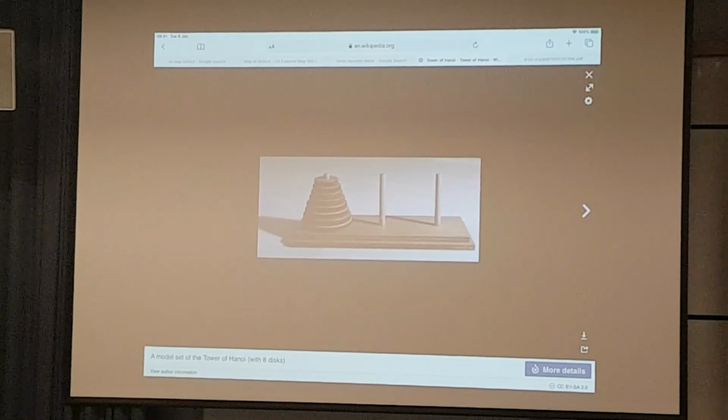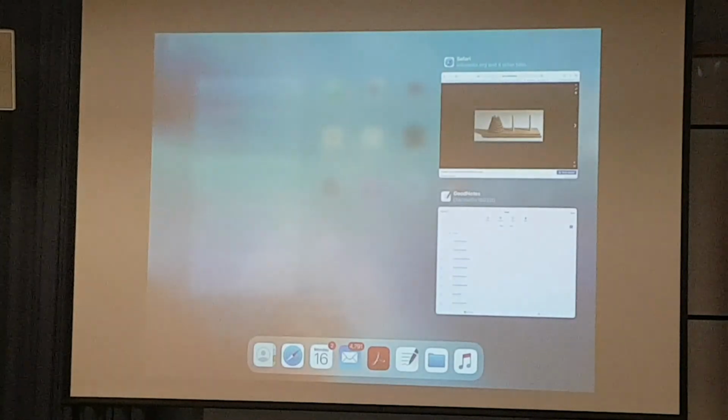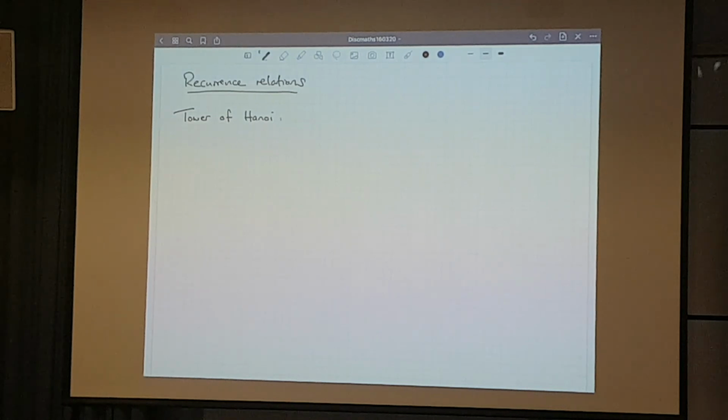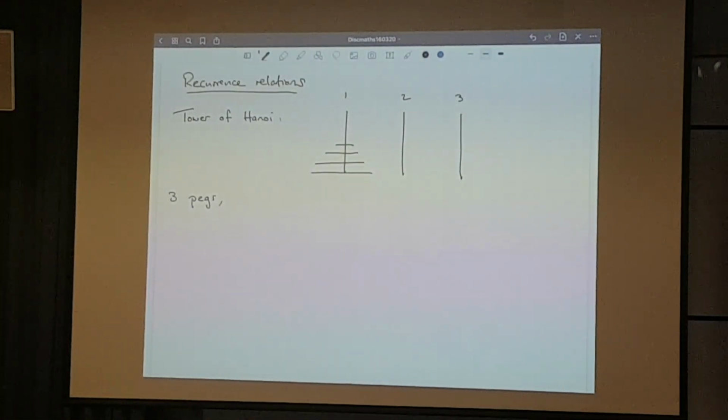I'll just go back to this and I'll write that down. So you've got a puzzle. You've got 3 discs, 3 sticks, and on these sticks you've got these discs. This is the starting position, and this is 1, 2, and 3. So we've got 3 pegs, and we've got n discs. Each disc has a hole in the middle, and they're different sizes. And the rule is